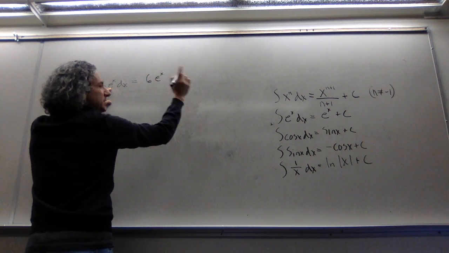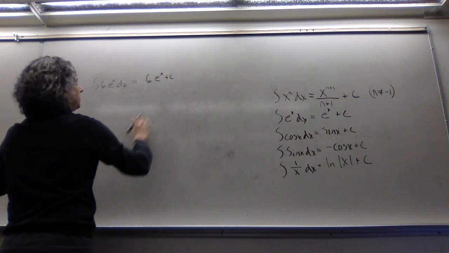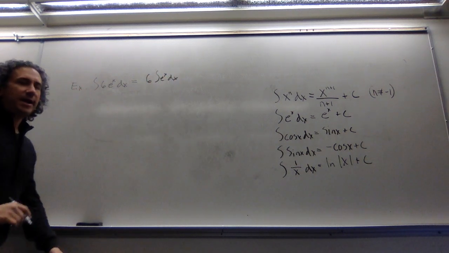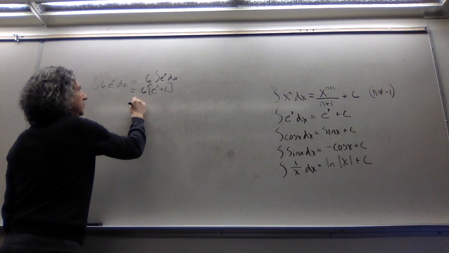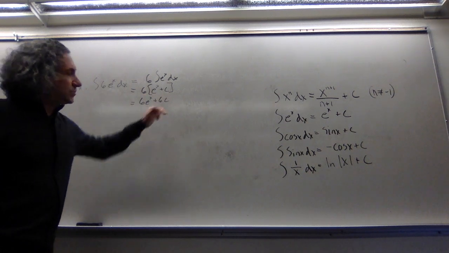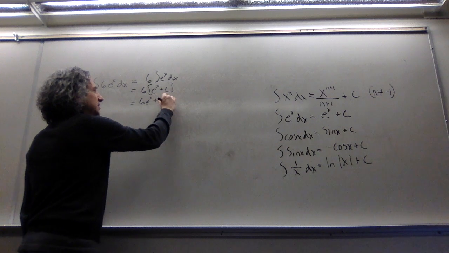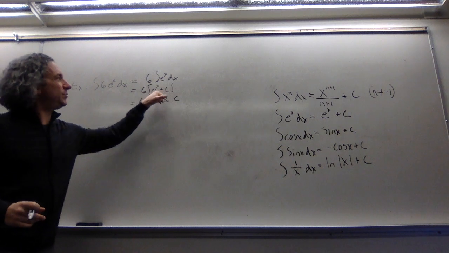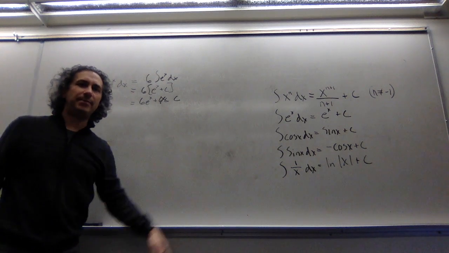I'm going to do it a very careful way first, and I'm never going to do it this way again. Sorry, let me write out all the details. It becomes 6 times the integral of e to the x dx, because we pulled the constant out. And then this becomes 6 times e to the x plus c, which is 6 e to the x plus 6c. But if this c is representing every possible real number, and you're taking 6 times every possible real number, then you can just mush these together into just one constant c. So from now on, I'm not going to do it like this. I'm just going to do whatever work needs to be done here, and at the end, I'm going to slap on a plus c.